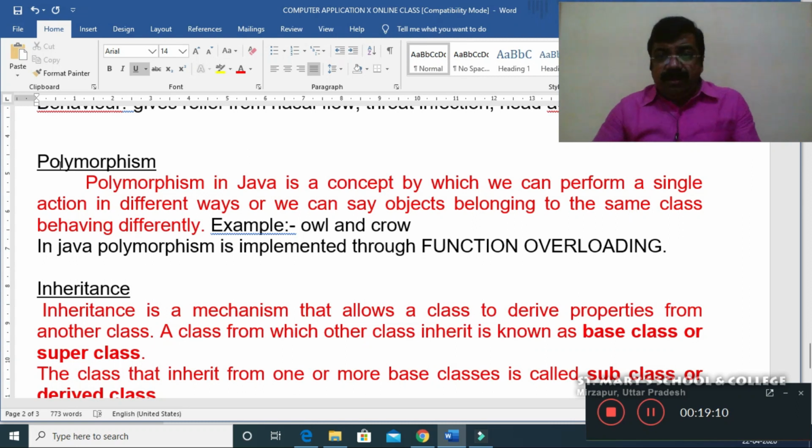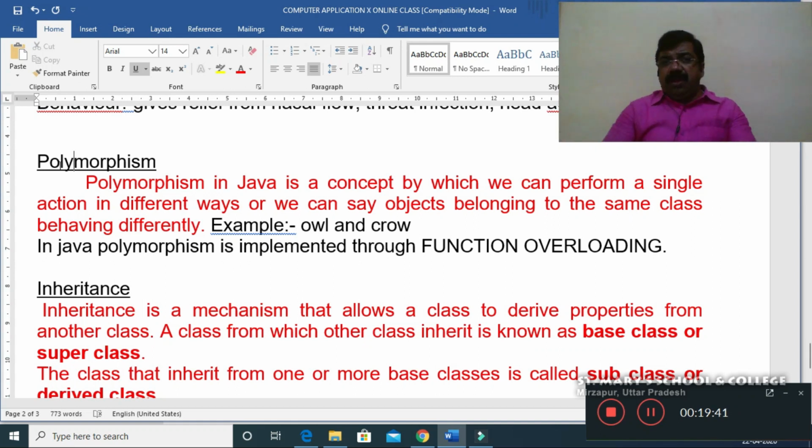Definitely, when we get scolded by the teacher, few may feel very sad, maybe crying. Few may not have any response, and few may react. Why? The way of behaving: objects belong to the same class, but they behave